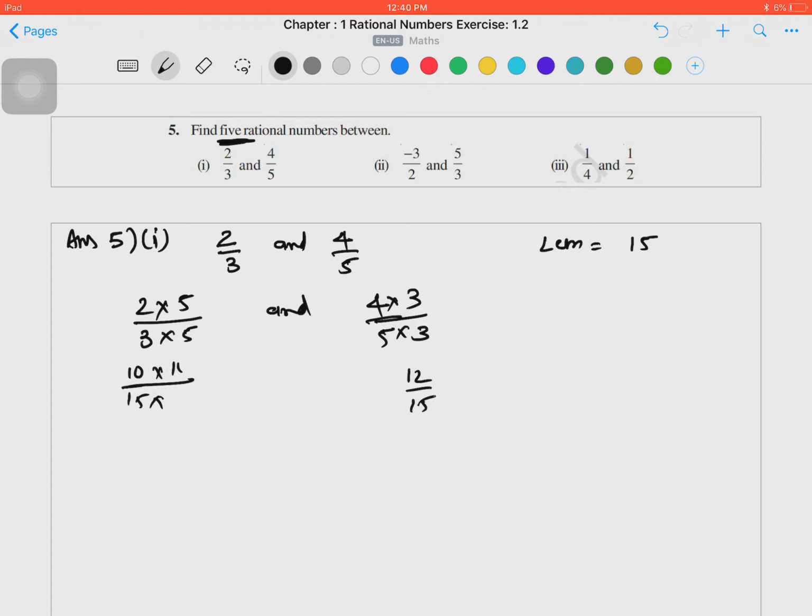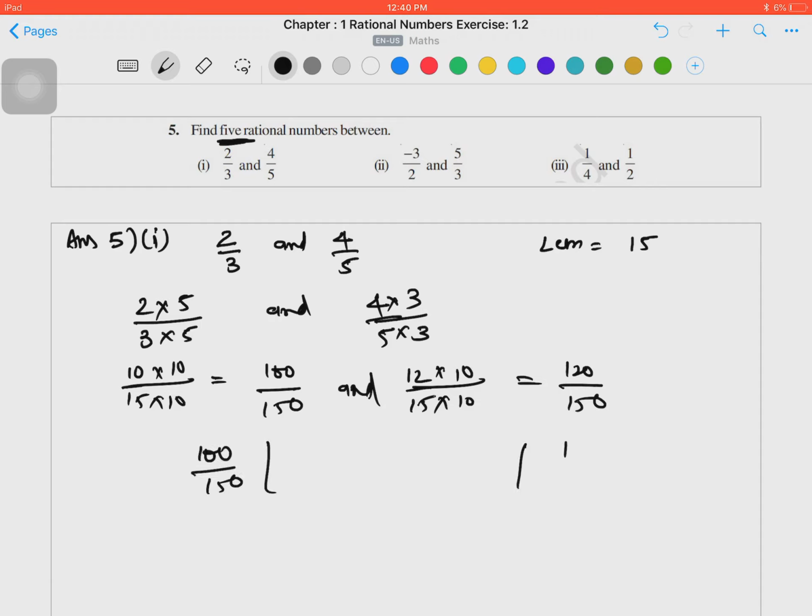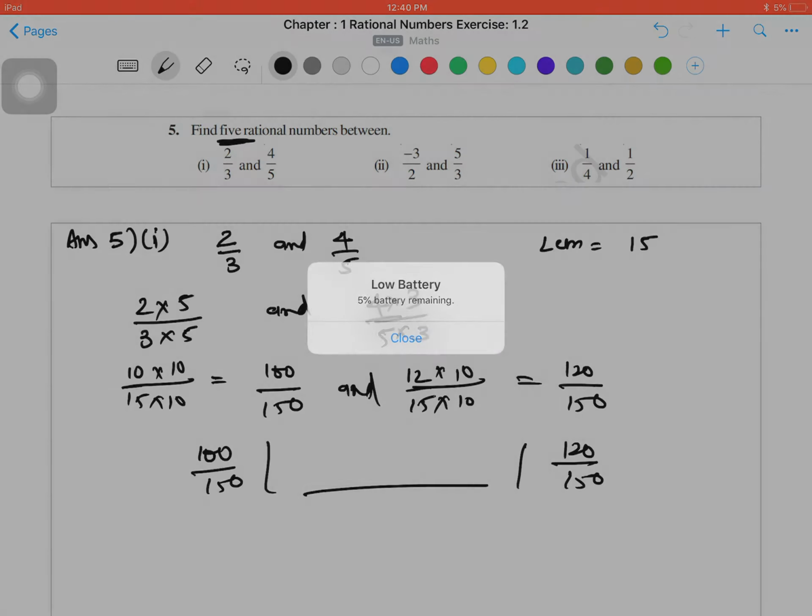So again multiplying 10 in the numerator and denominator, similarly multiplying 10 in numerator and denominator, so the numbers will be 100 by 150, and here 120 by 150. So between 100 by 150 and 120 by 150 you can easily write